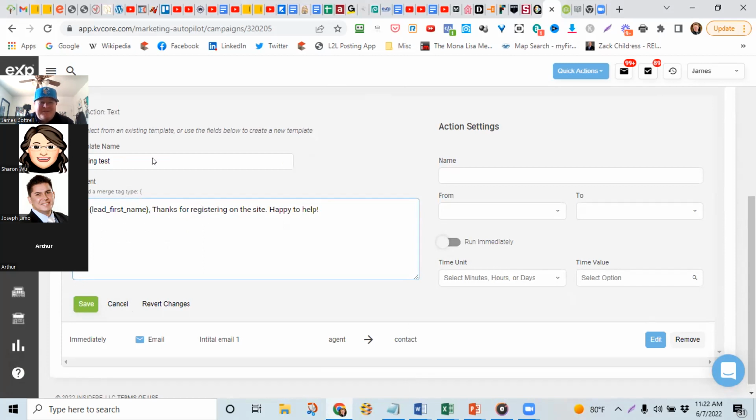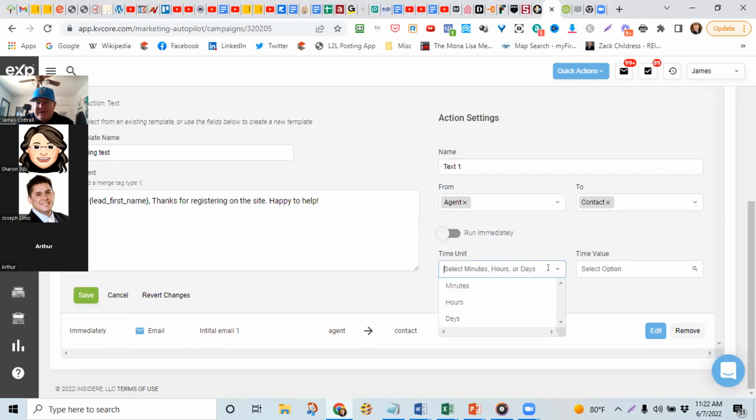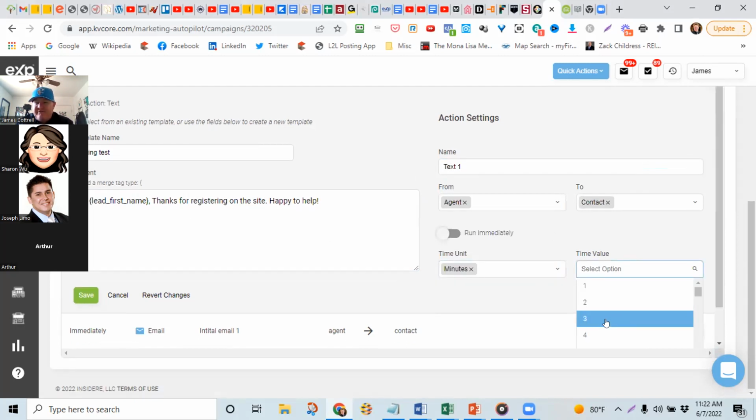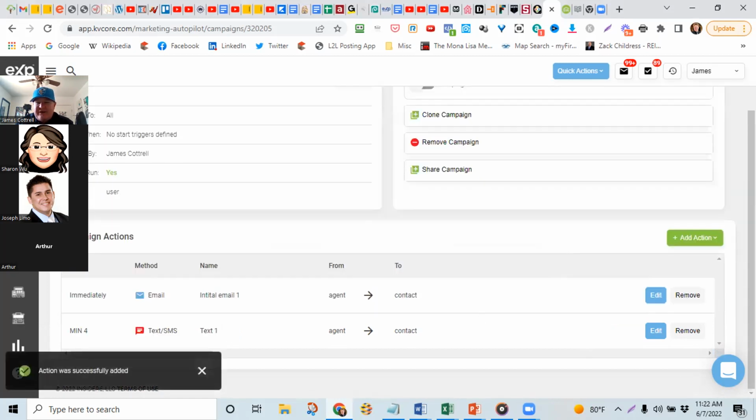Again, this is not the copy that I would put in here. I'm just using this for example. Name, text 1, again, from agent to contact. And we're going to select this to go out 5 minutes or say 4 minutes after they come in as a lead. So you can see super easy how it is to build out.